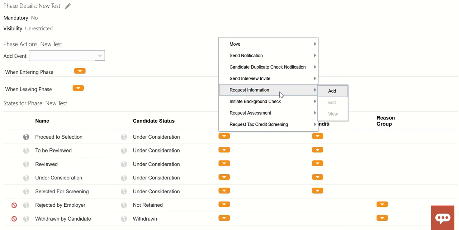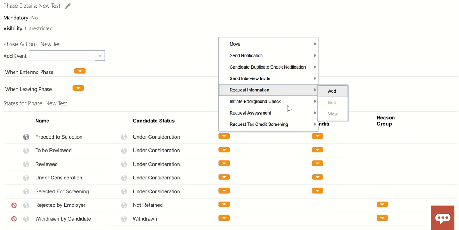Then in the recruiting content library, you have to add that link to the notification. Once the candidate reaches this state, it will be triggered to the candidate along with that link. The candidate will go to that link, log in with the 6-digit ID code received from Fusion, and submit that information.